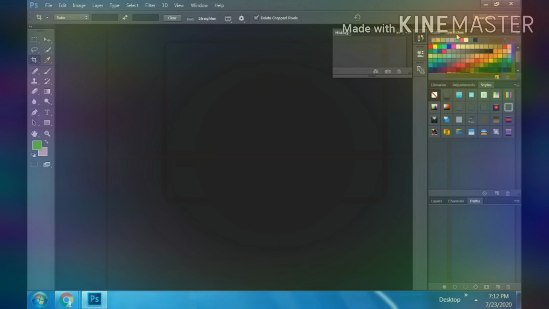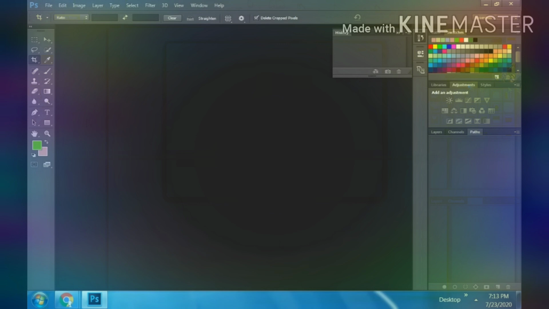Next is the swatches panel. The swatches panel is used to show frequently used colors. Adjustments: the adjustment panel is used to apply an effect to a group of layers. From the adjustment panel, we can apply effects on various layers.